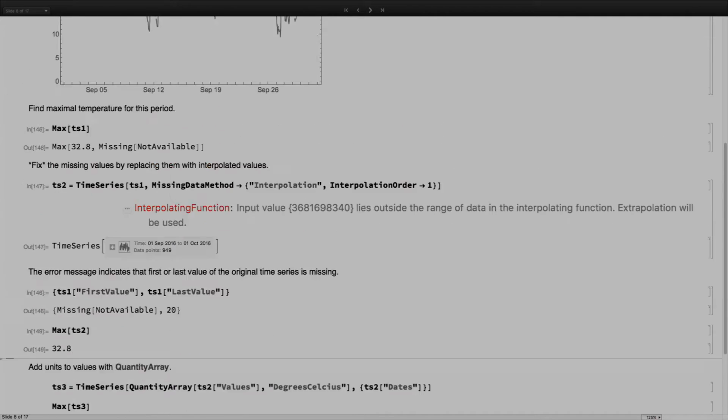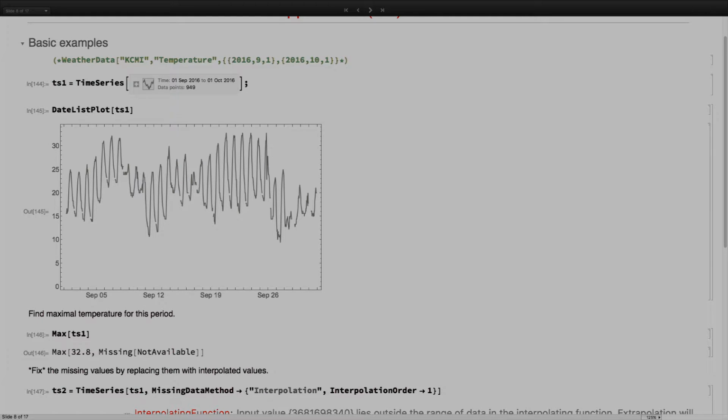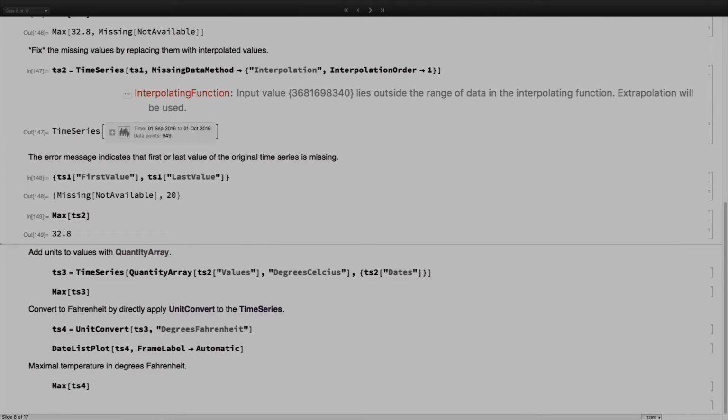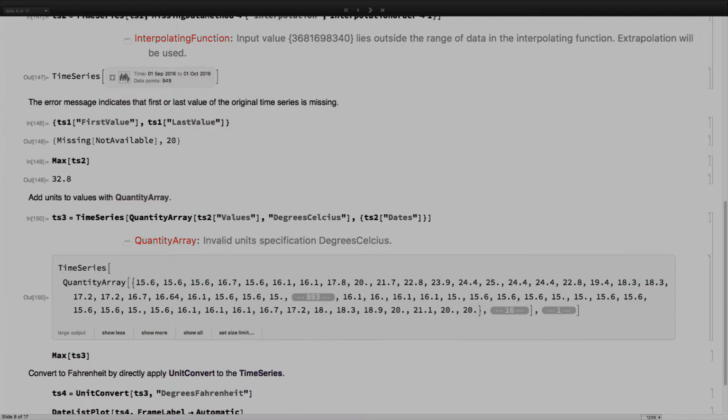So we know from the weather data that I used that the temperature output is in Celsius. So what we can do here is wrap the values from the time series into the quantity array, add the degrees Celsius, and then use the dates from the time series to create a new one. And then,